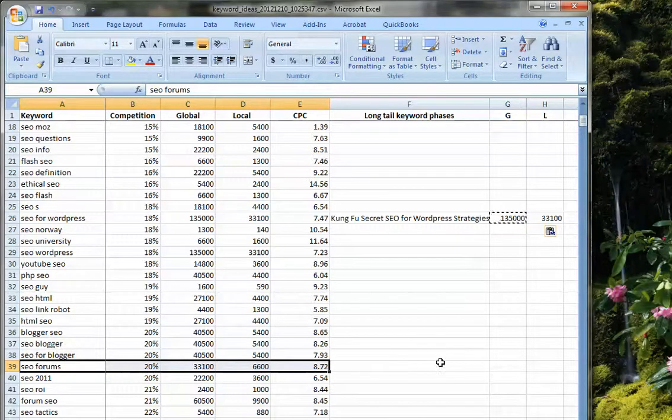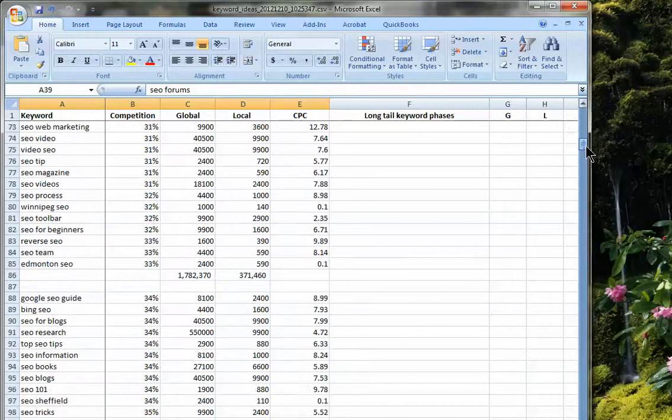Now, if I scroll down, what I can do is copy and see how many searches I have once I've finished. Notice already I have 250,000 global searches and 61,000 local searches, and I'm getting close to my goal. What's my goal?